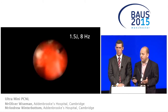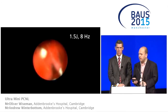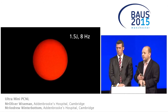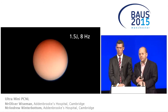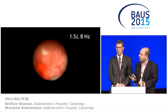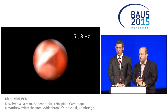One of the ideas of the operation is that you don't really want to create dust. You want to create fragments which you're going to be able to wash out. Therefore your laser settings are very important, and those are the laser settings we had for this case: 8 Hertz, 1.5 joules. It's about a 17 by 17 millimeter stone. With these laser settings, you're aiming to produce fragments which are about 2 or 3 millimeters, which you can then